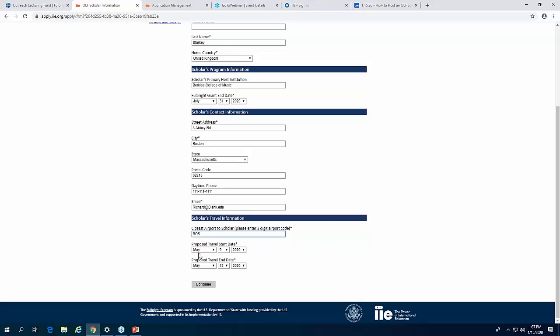It's not the itinerary the scholar has to book. We do not book the scholar directly. But it's for us to pull an idea and make sure that we are giving an accurate travel award for that scholar, and to ensure we're not underpaying them for their travel.